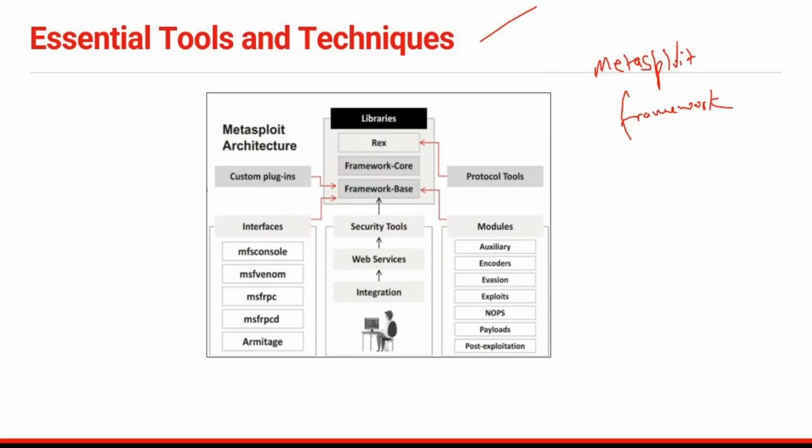So Metasploit framework is an open source pen testing tool, and it is owned by the organization Rapid7, right? It is widely used by security professionals and ethical hackers to identify and exploit vulnerabilities in systems. Now, there are some key features of Metasploit framework. It can be used for exploit development,